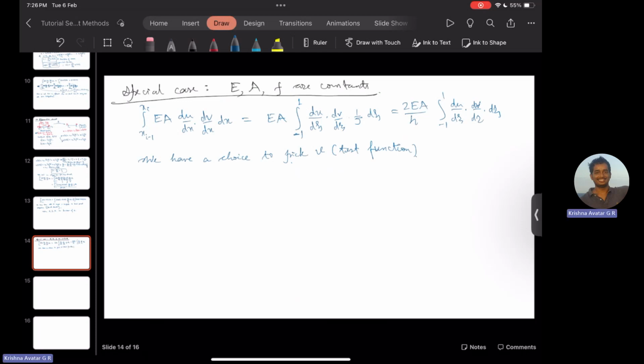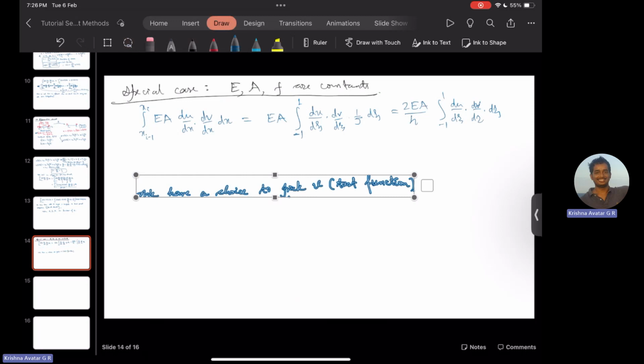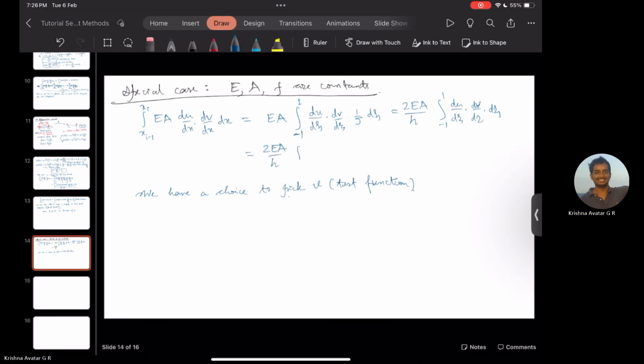We have a choice to pick v. But just before that, let me tell you something, is that we can have 2 EA by h, the integral from -1 to 1,